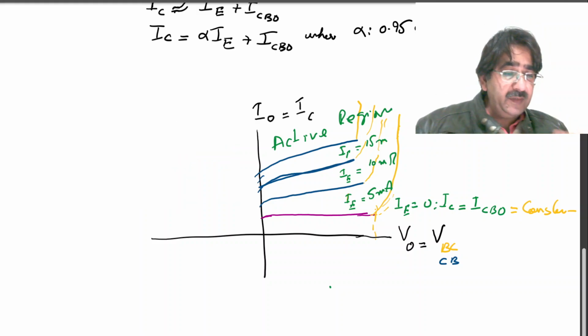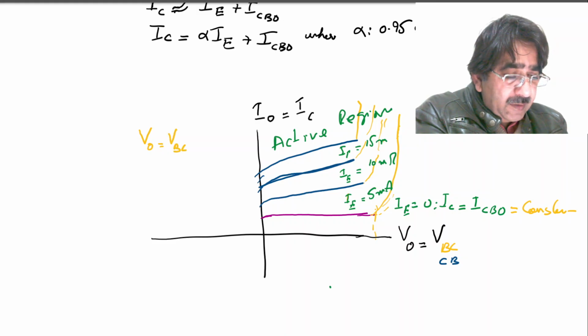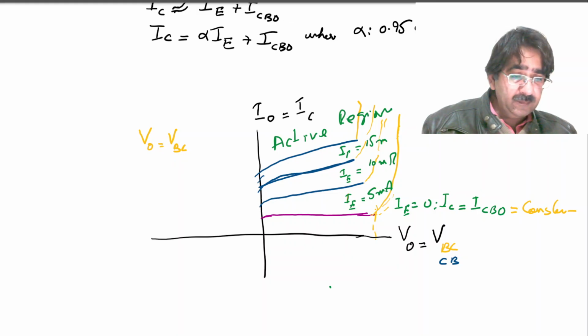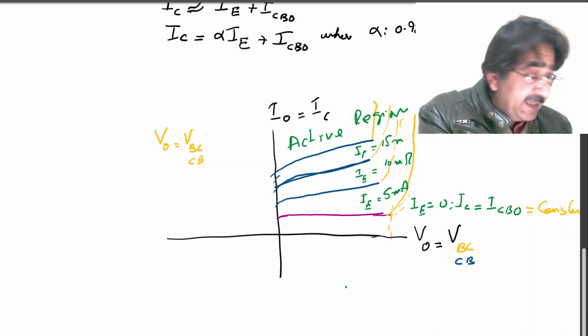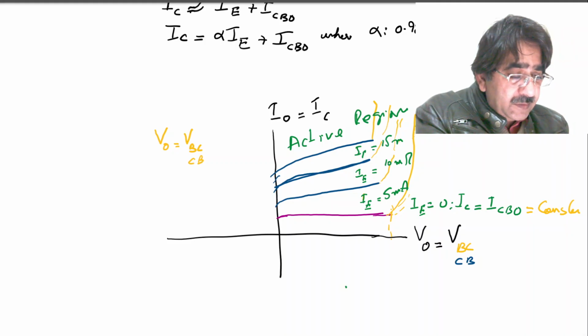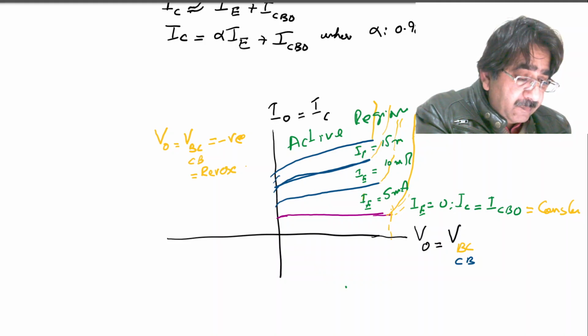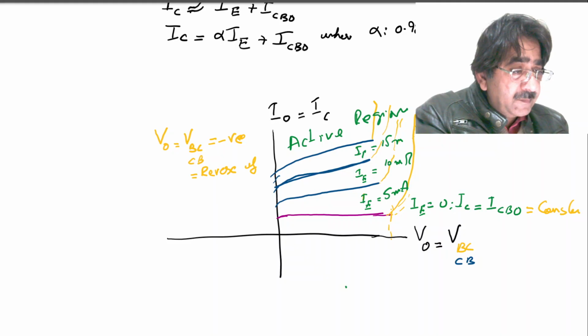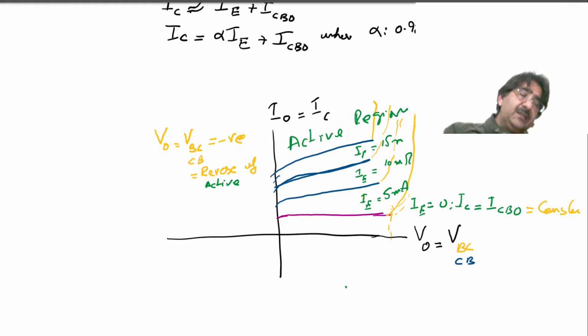In this region, where V out, which is VBC or CB, is negative, negative means reverse of active. So because it will be a reverse of active,